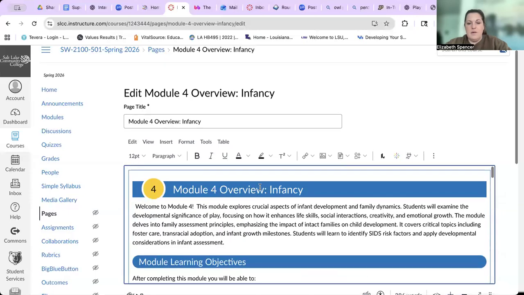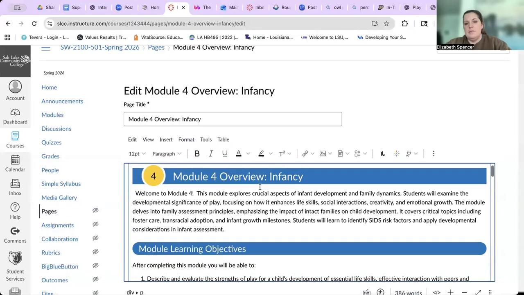This week we're looking at infancy in the lifespan development phase. We're doing a deep dive into infancy, that early stage of development, which is monumental when it comes to overall development.